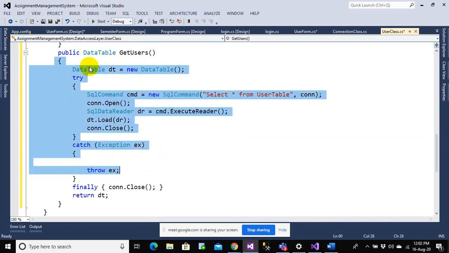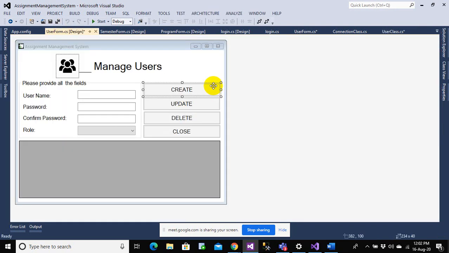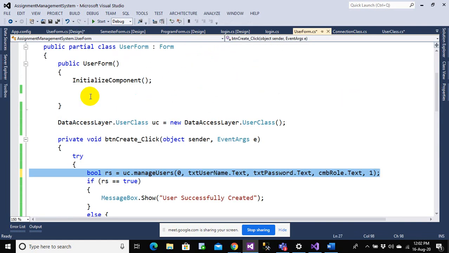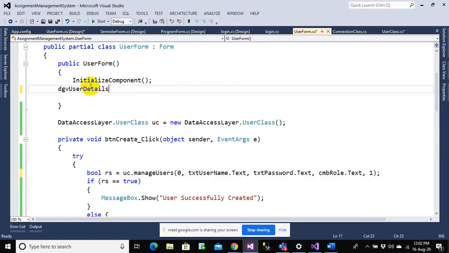So once this is done, we need to execute it in our user form. Let us go to view code mode, and go to the form load event here. Let's say dgvUserDetails.DataSource will be equal to uc.GetUsers. Once you do that, you'll get all the users listed onto the grid view.